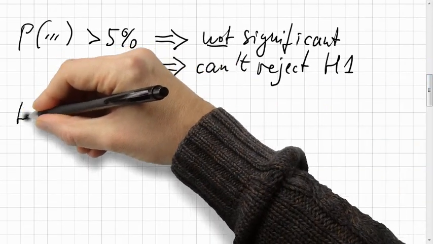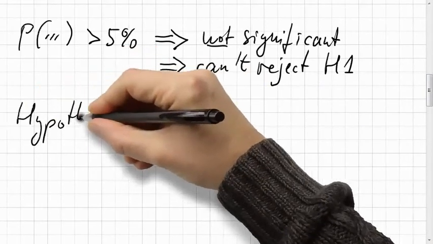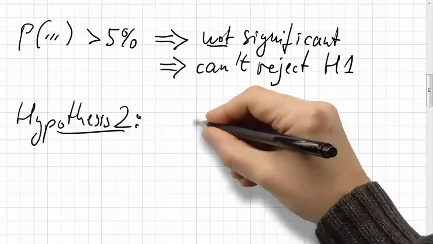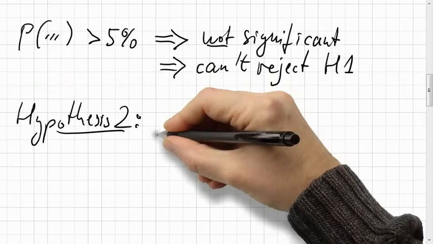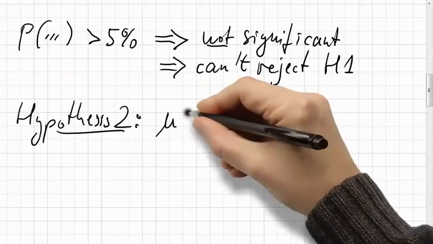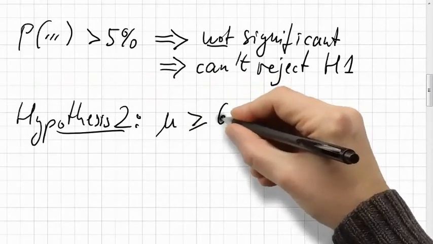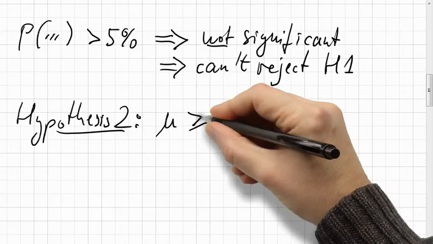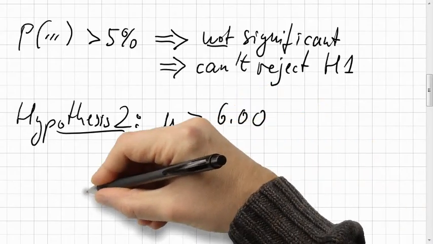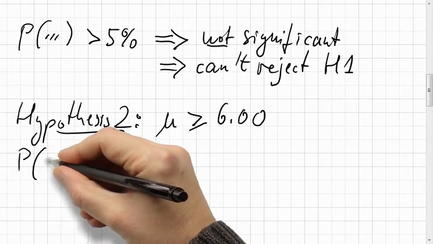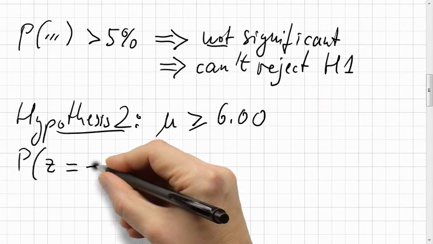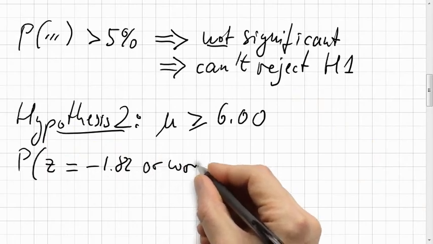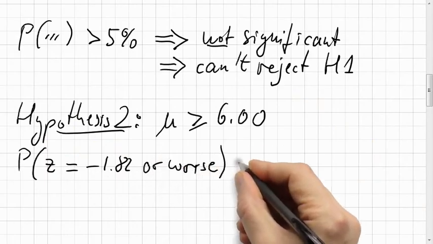Let's try a second hypothesis. Maybe we have more luck here. And this hypothesis says the expected value, mu, is larger than or equal to 6.00. So the equal sign has changed to a larger than or equal. The approach is the same. Let's compute the probability of z being minus 1.82 or worse. But the meaning of worse has changed in a subtle manner,